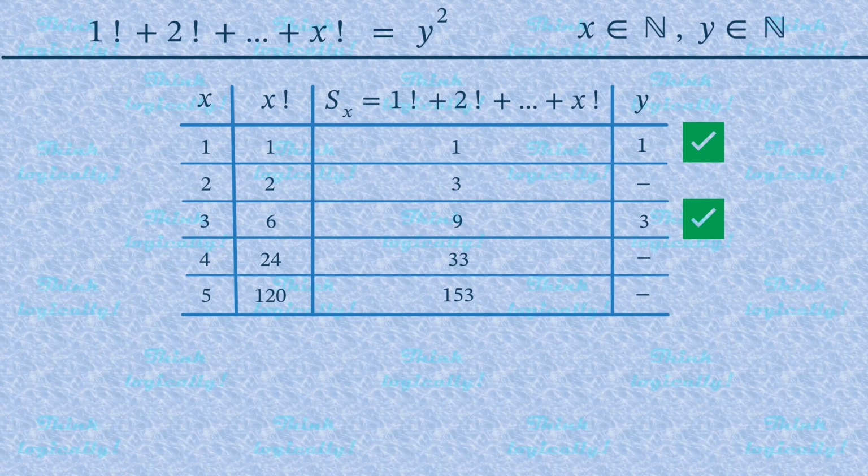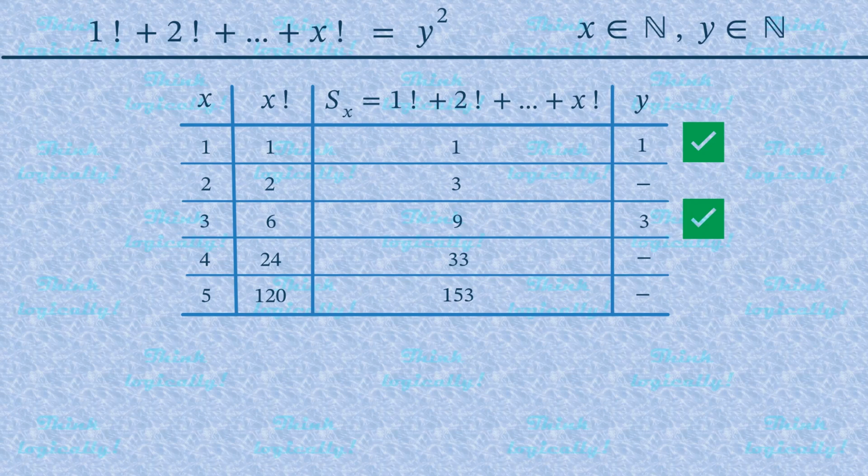Of course, the table could be longer, but that would be useless. Why? We see that 5 factorial ends with 0. Therefore, it is divisible by 10. The following factorials, 6 factorial, 7 factorial, etc., are divisible by 5 factorial, which makes them also divisible by 10. Therefore, all the following factorials also end with 0.